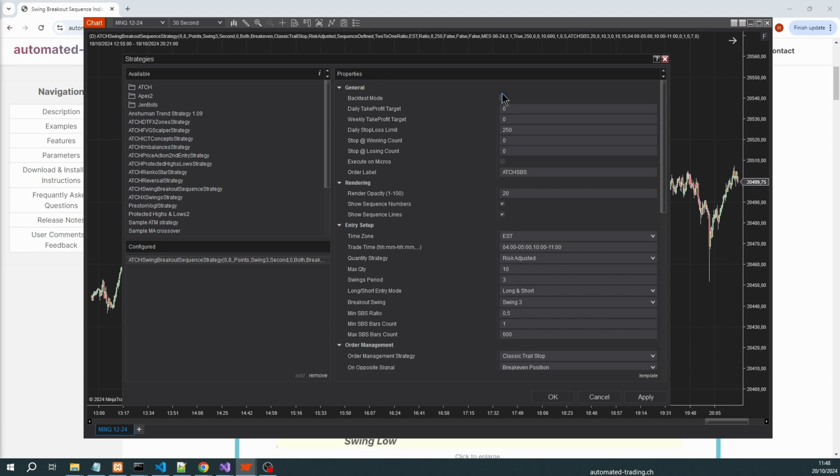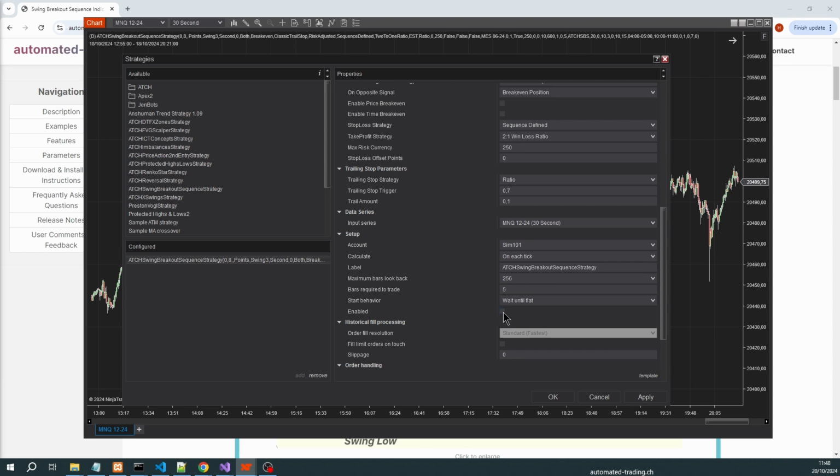So take my word for it, remove the backtest mode. It's not a problem with the strategy, just the logic can create problems. So remove this, enable this strategy, and you can